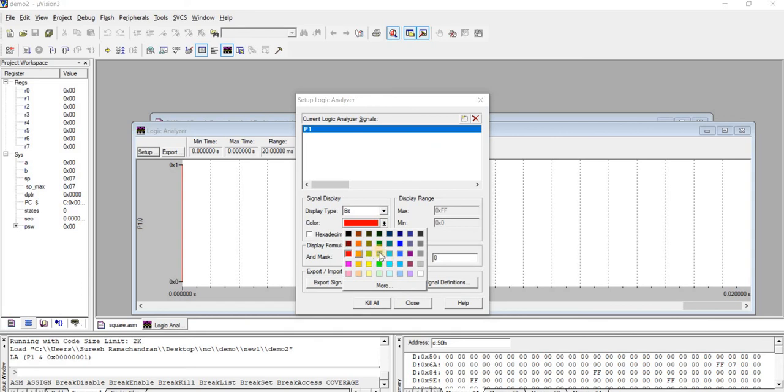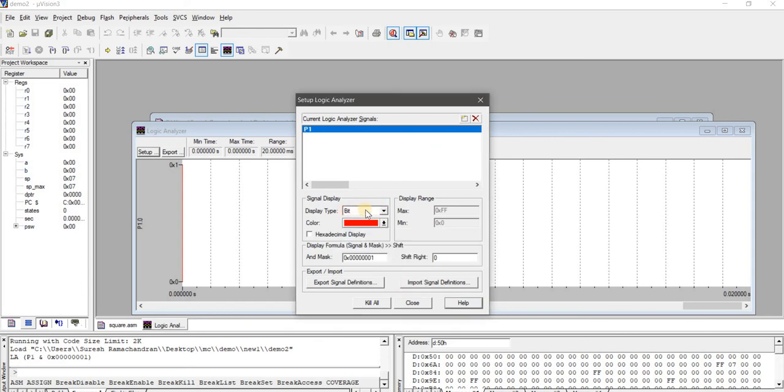You can choose your own color. Since we are generating square waves, the variable will change in terms of bits, or you can choose analog. Suppose you want to generate a triangular wave, a sine wave, or whatever the type is, then you can use the analog output. Since you are using the square wave, the bit is enough. Once you choose the corresponding parameters in signal, delay, display and everything,